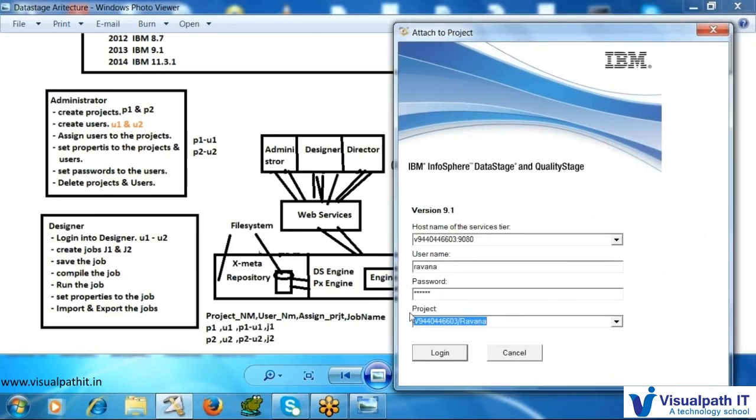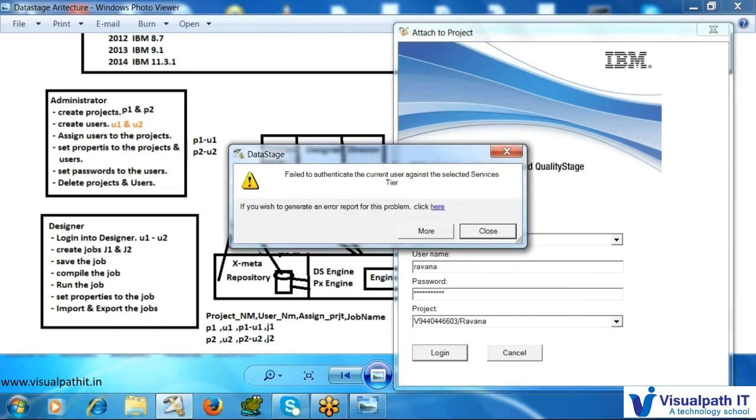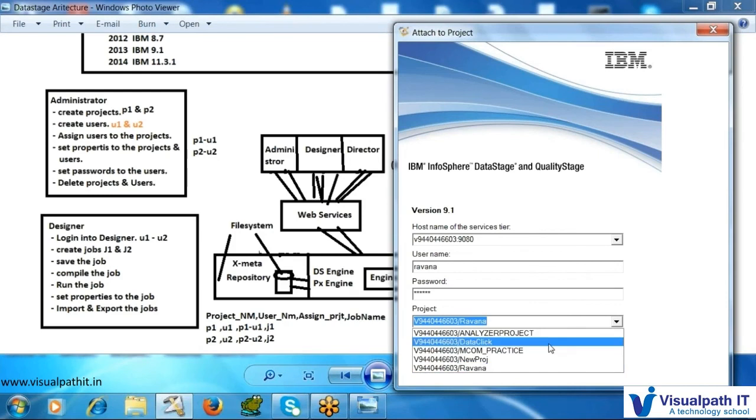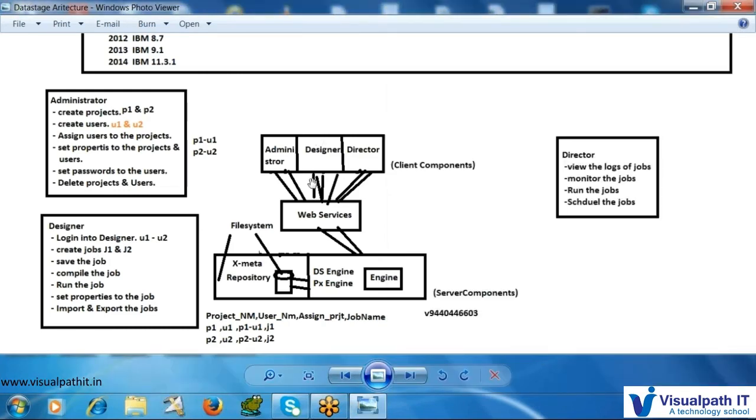If I give a wrong username and password and try to click on projects, it will not show me the projects, it will throw an error. Here, when I give the correct username and password, it shows me the project. So this is the way that we log in to the Designer.